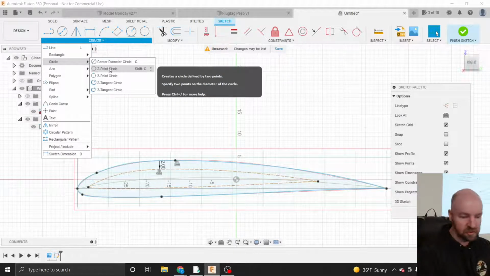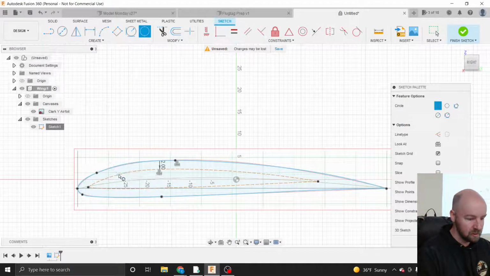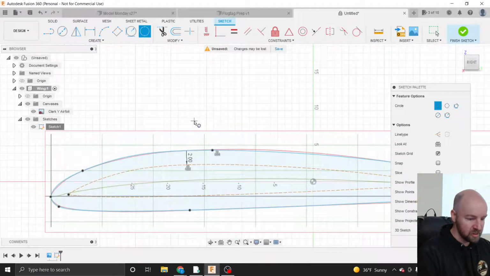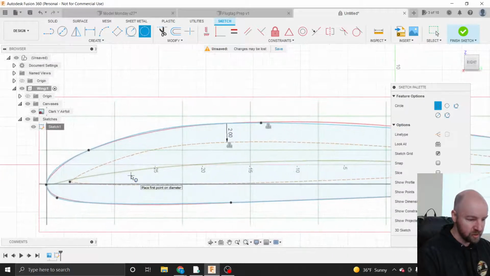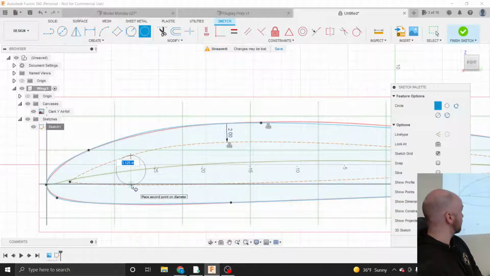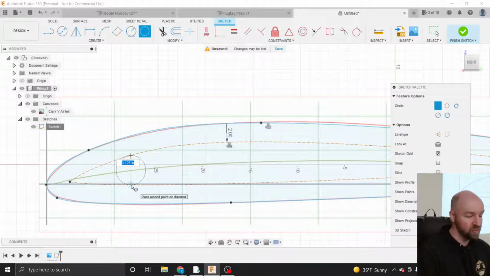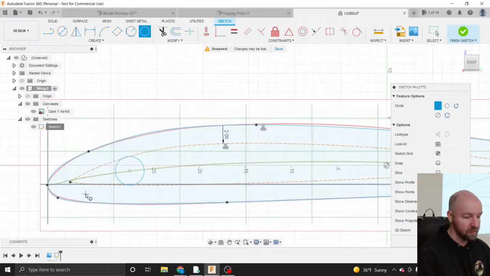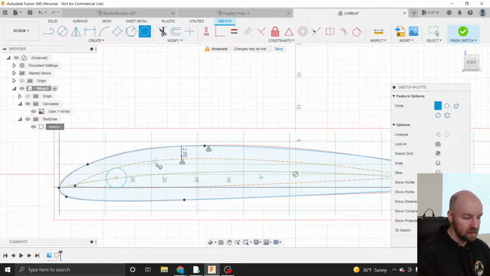And this 2-point circle option will just allow me, if I zoom in a little bit here, I'll click and place the first edge of my circle on that top construction line, and then I'll move my mouse down and I'll place the second point of my circle on the bottom construction line,